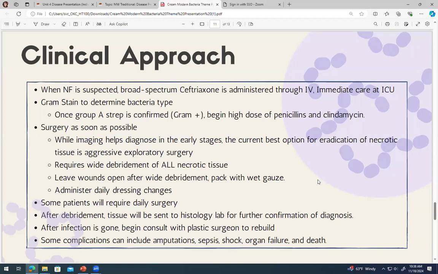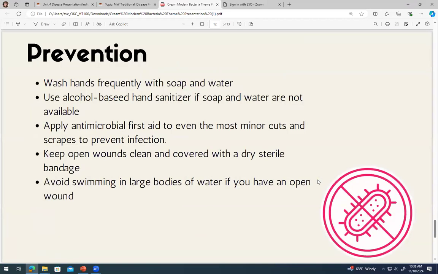just depending on their mortality rate, essentially. Then after you have all of your surgery, you can come in and talk with a plastic surgeon and have all of this rebuilt. Prevention, I mean, pretty much washing your hands, making sure that you're not going to allow